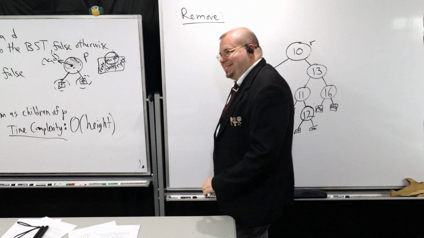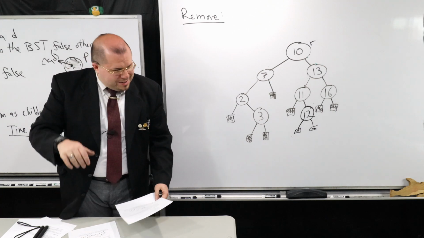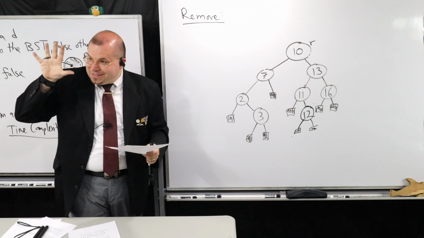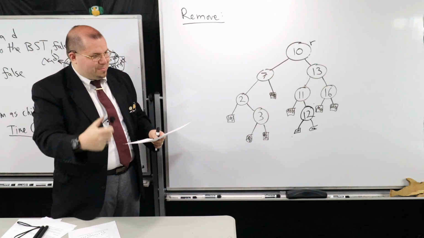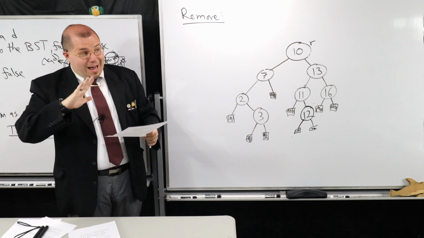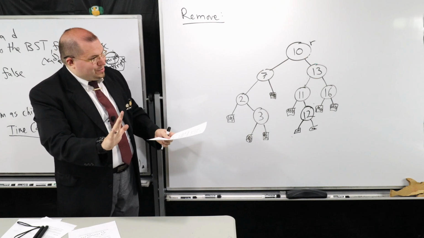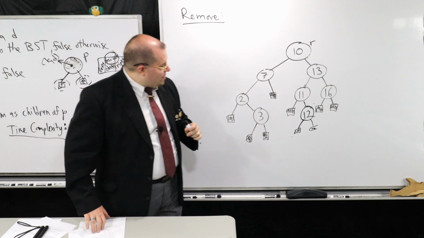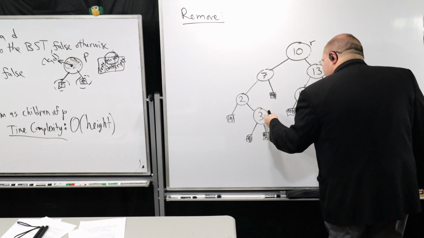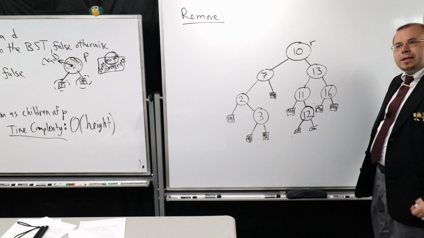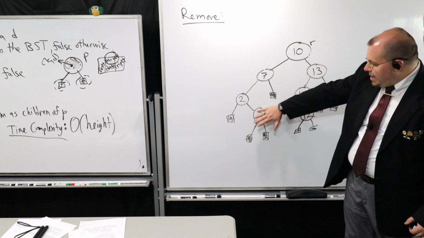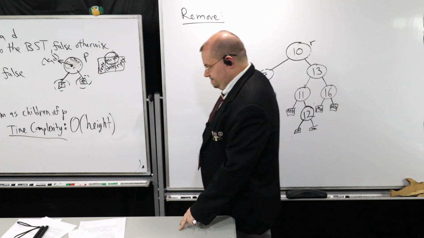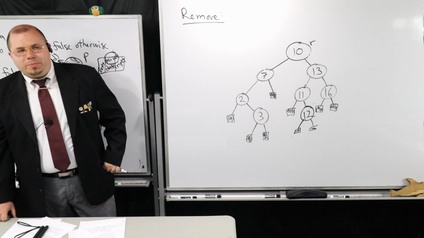Now this is where things are going to get, and I don't mean to intimidate you or anything with this, the only thing I'm mentioning here is that there are going to be some steps that are implicit in the way I describe it to you. That's the only thing. The ideas, you'll see where we derive them from. So watch this. I'm going to ask you a very basic question. If I were to try to delete this node here with the record 3, if I were to just take this and replace it with a leaf node, would we be okay? Would it still be a binary search tree?